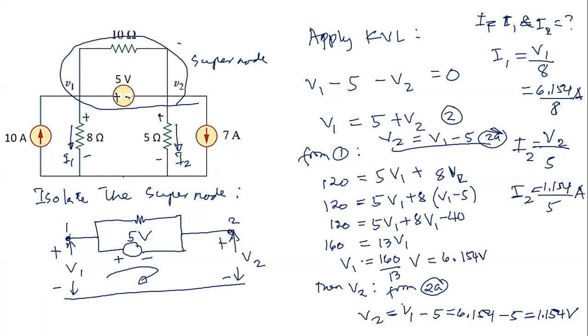Okay, so that's how we are going to solve a complex circuit when there is a supernode. Again, we have combined the two nodes that have an independent voltage source between them. And if there is a resistor connected across the voltage source, then we need to neglect it temporarily and combine it together with nodes 1 and 2, the voltage source and the resistor.